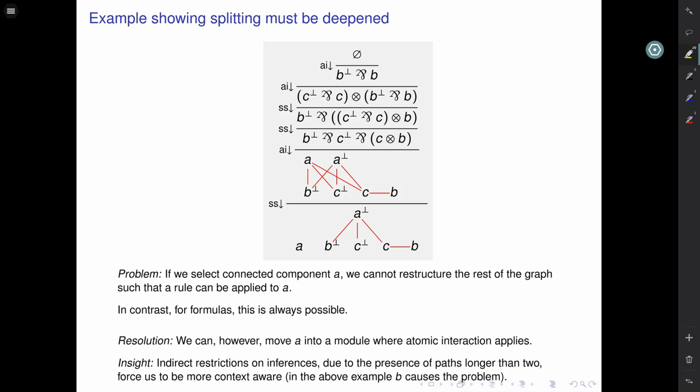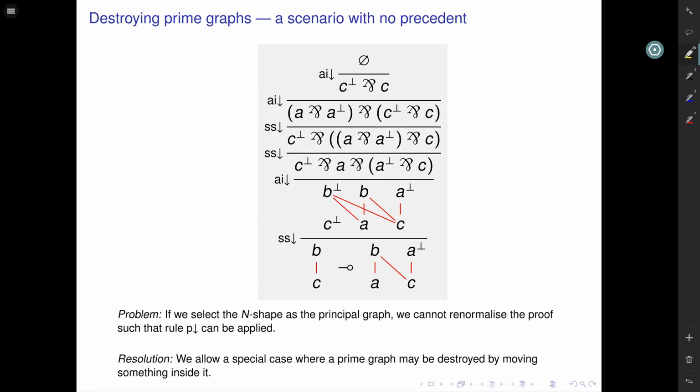This is not required when we have formulas. This is a particular problem to when we have graphs which allow subgraphs which are P4, with these paths of length 3. We briefly illustrate another problem which is unique to this graphical system,